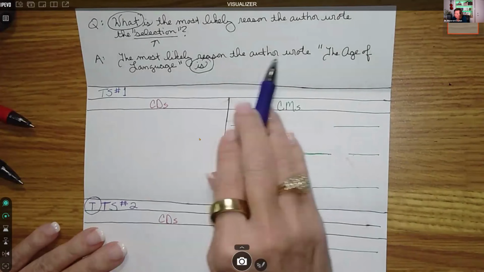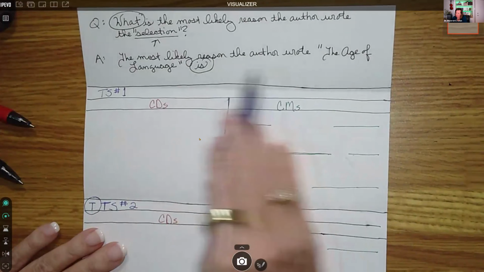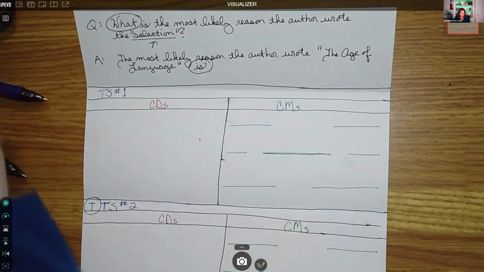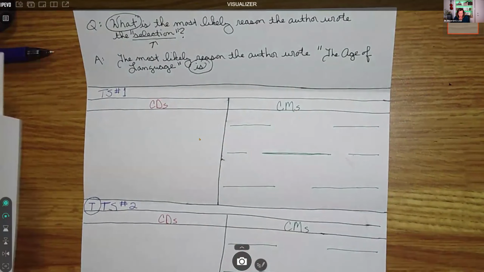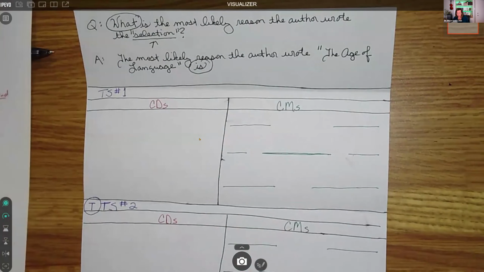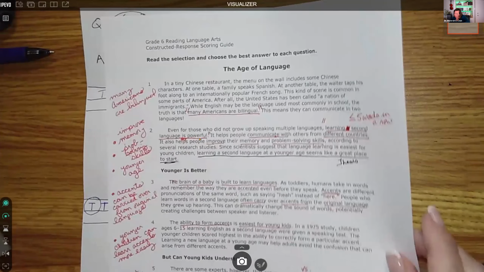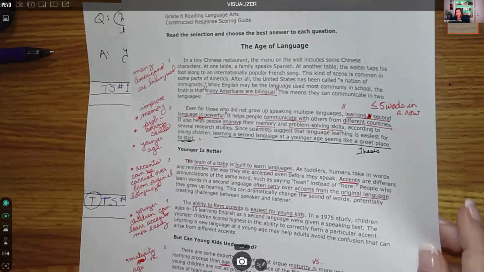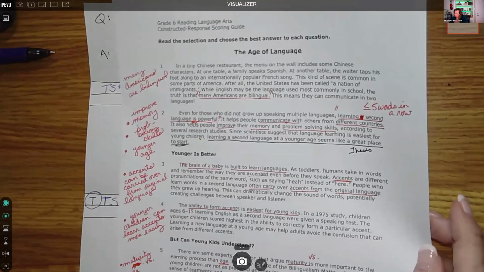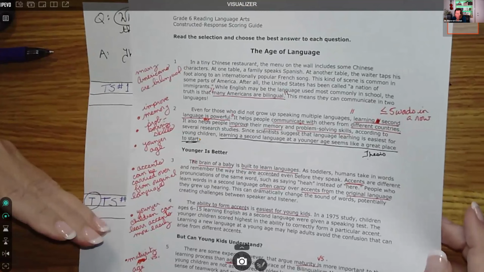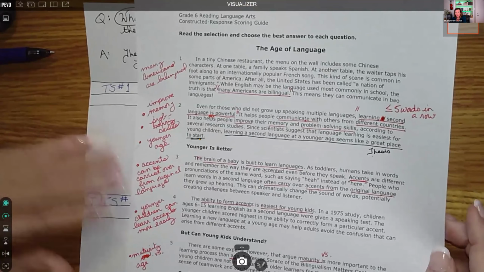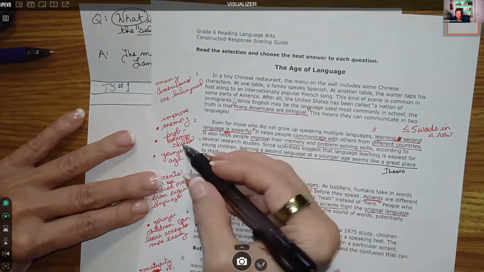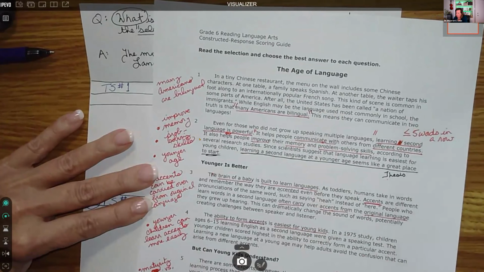The most likely reason the author wrote The Age of Language is, and that would be the topic sentence. That would just end up being the topic sentence. But what I want to do is think about what I wrote, right? It talked about thinking skills up here quite a bit. And it also talked about, a lot of it was about that they could learn easier at a younger age. Those are the things that popped out on me, the idea about problem solving and memories,